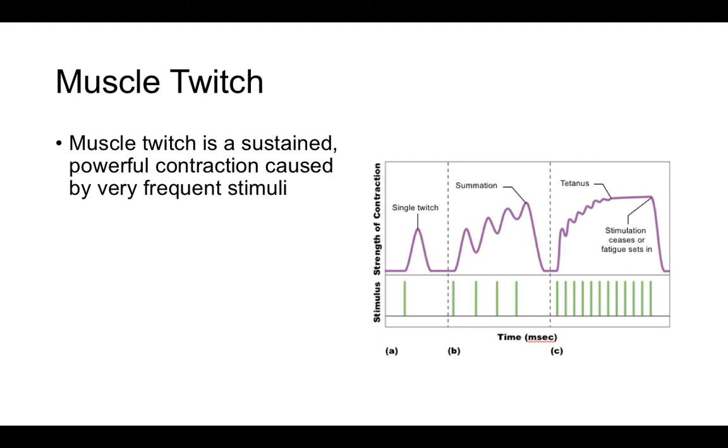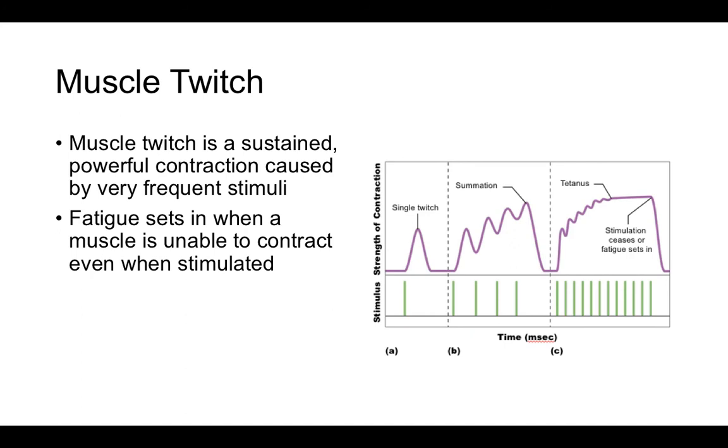So here's what a muscle twitch looks like. If a muscle twitch is sustained, it causes a contraction. But this has to be in relation to frequent stimuli. Fatigue, after a muscle is stimulated, can actually set in, and this will be the time when the muscle can no longer be contracted, even when